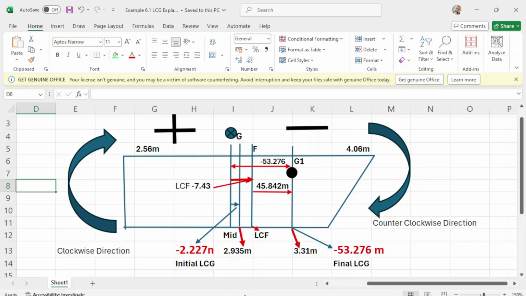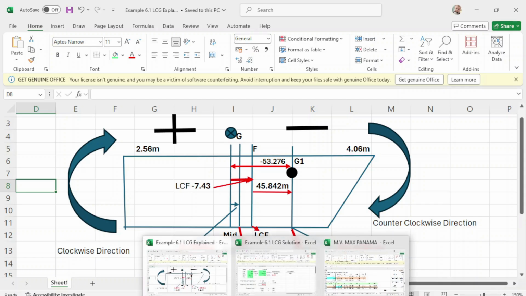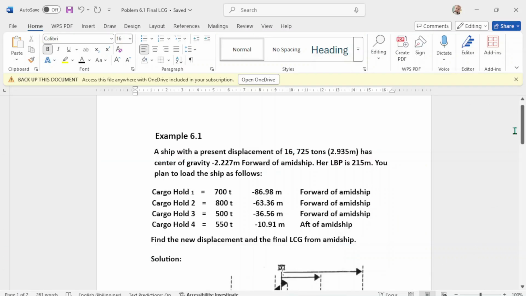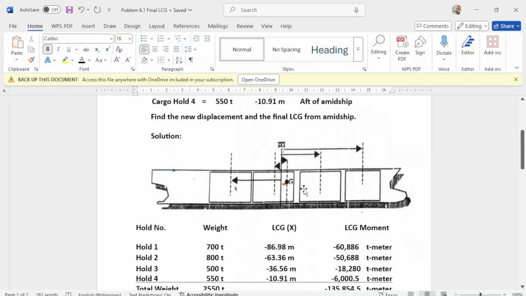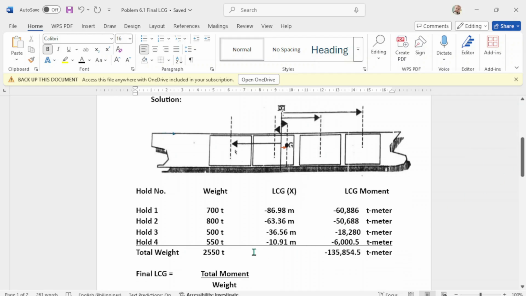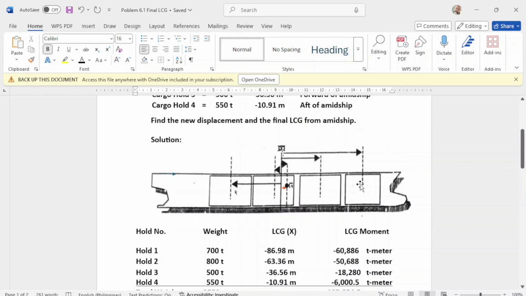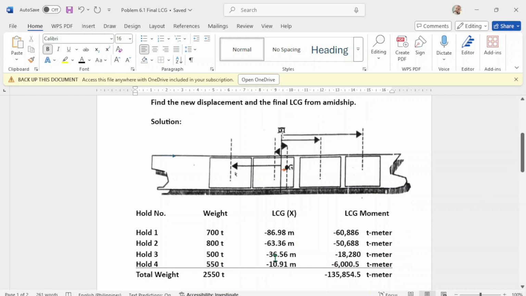Okay, the figure would be like this. So 1, 2, 3, and number 4 will be on the other side, because look, guys, all holds 1 to 4 are negative, meaning the cargo is loaded in the forward part of the vessel.